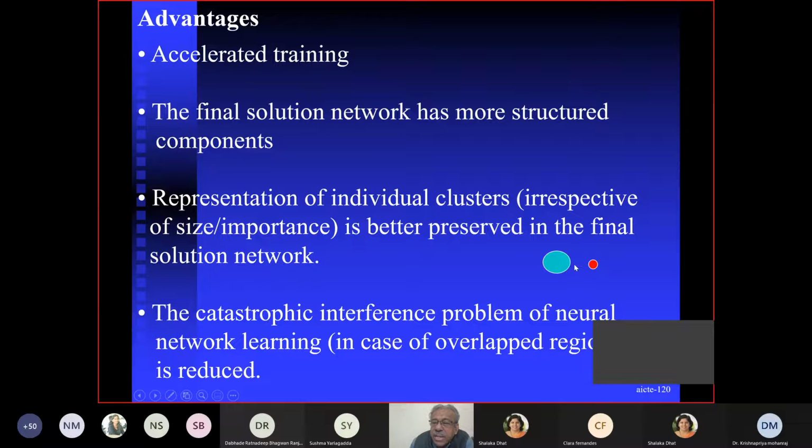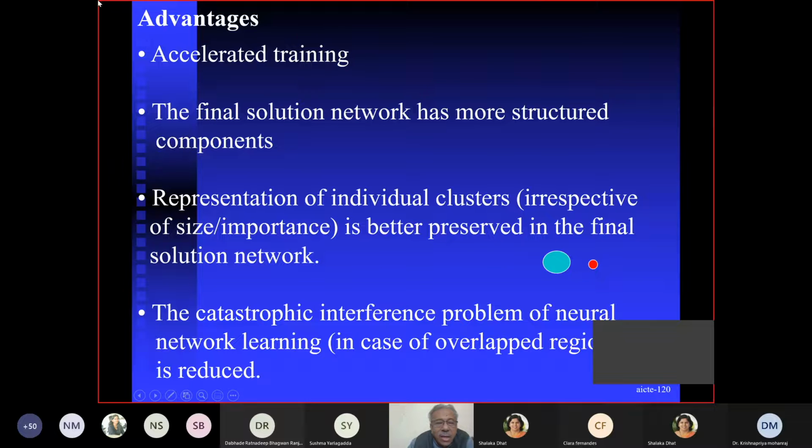Sometimes it's called imbalance clustering. So here what we do, since your total learning task has been split into two subtasks, each subtask takes care of these individual classes. That means the identity is better preserved, because within each individual subtask you are just taking care of its requirement nicely, instead of considering the whole process as one learning task and then forming one network. So the representation of individual clusters, irrespective of size and importance, is better preserved in the final